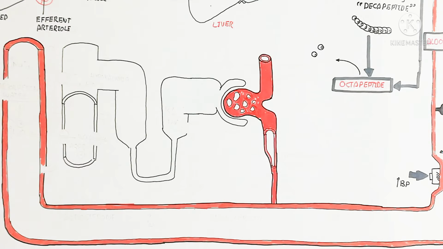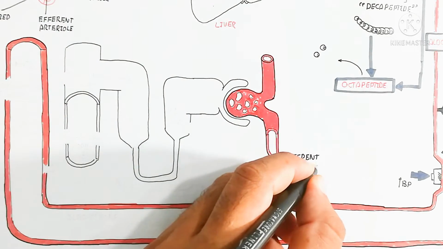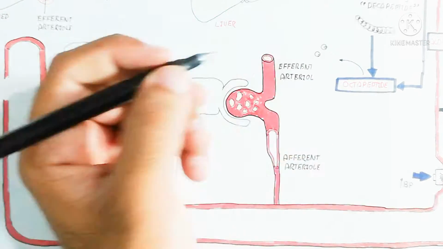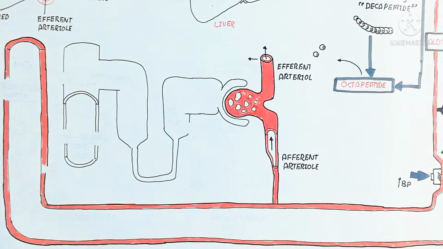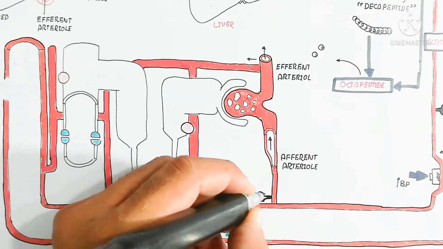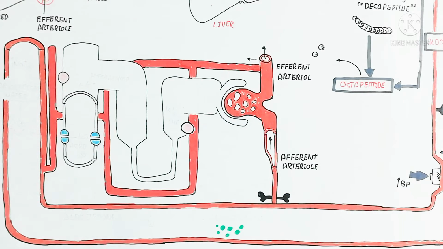So here let's begin to understand. As a target for the nephron, it also constricts the afferent arteriole, where the blood will move toward the glomerulus for the filtration of the blood, so filtration of the waste. So it will be constricted. That means the constriction is due to the binding with the aldosterone. So after the binding with the aldosterone, the blood vessel will be constricted, leading to